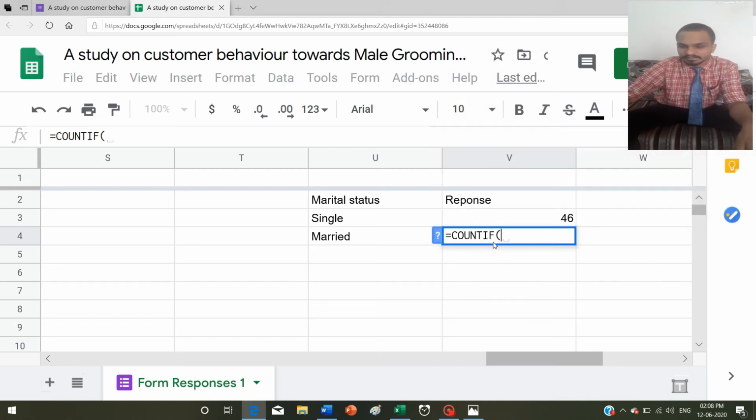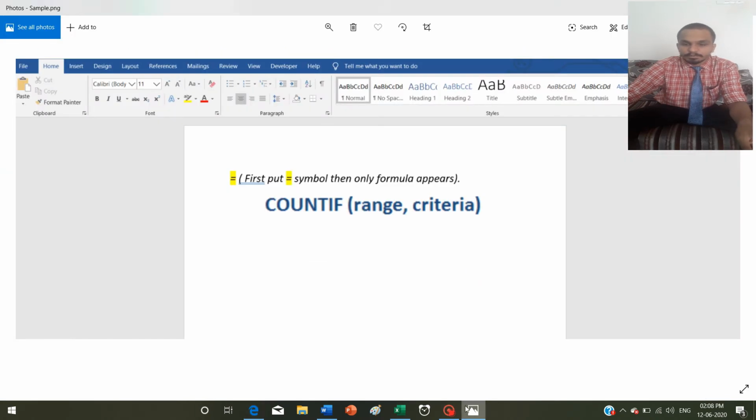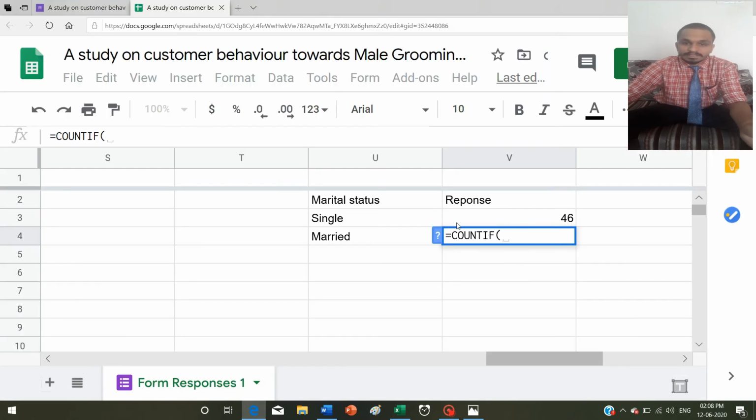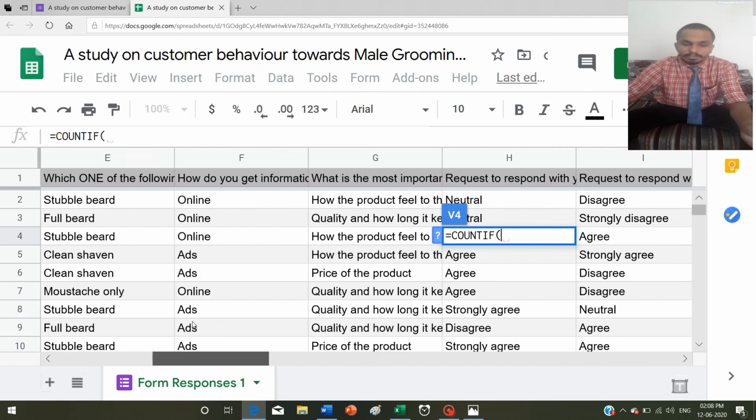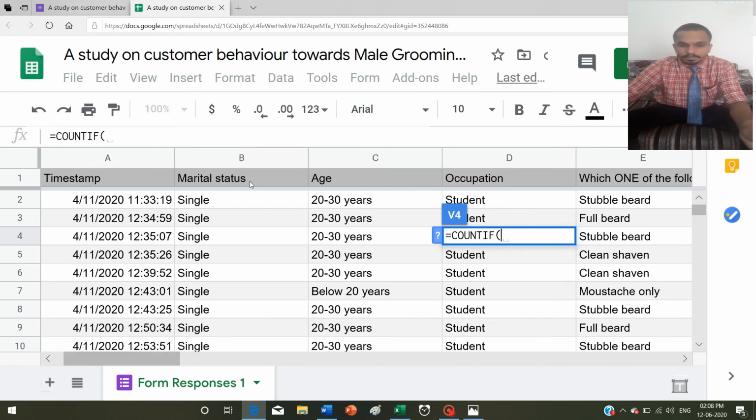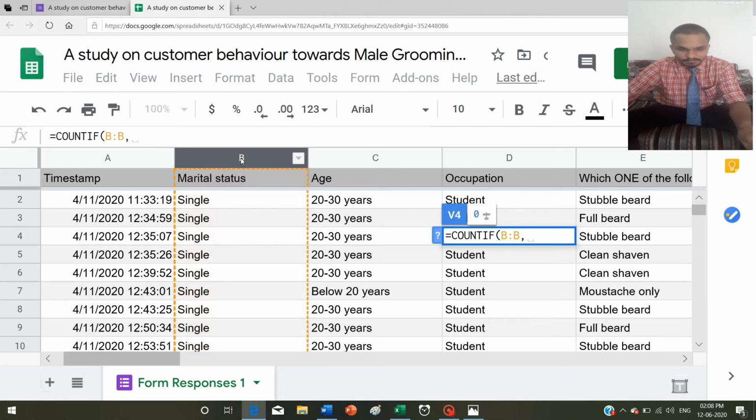Then I click on COUNTIF. Now I want to select a range, so I go to marital status again and select the range. Now I put a comma. The range part is over, and I want to begin the criteria.